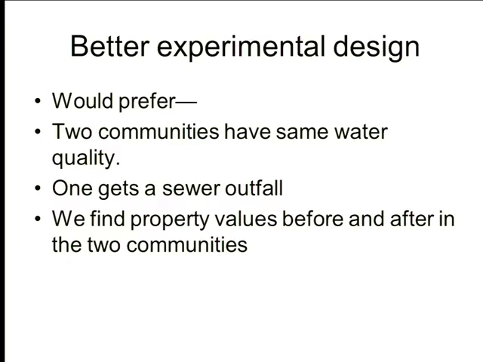You're not stuck in my squishy world where I can't create a second Chesapeake Bay, clean it up, and see what happens to property values. You're in a world where you have 2 Petri dishes, and you dump something on one of them, and something happens, right? You can actually create replicas of things. So we can't create replicas, so we look to find ways to get close. So what we might want to do is look at pairs of communities that looked the same before, and then money was allocated to build a sewage treatment plant, and one of them got the outfall and one didn't. That would be our view of how to do it as a quasi-experimental problem.